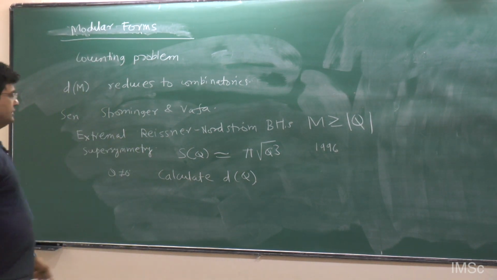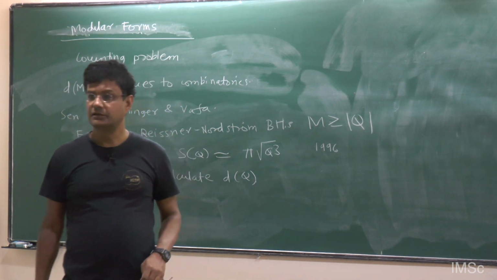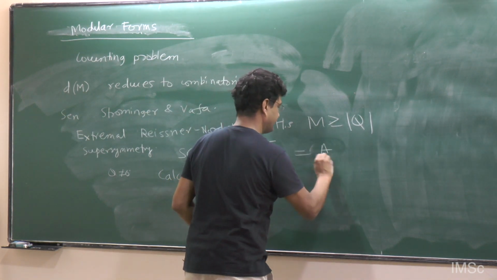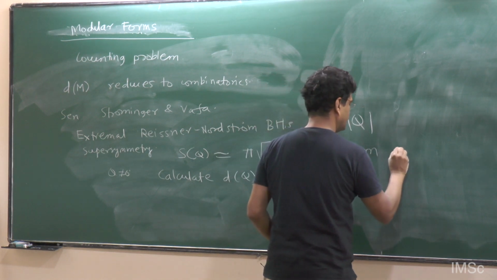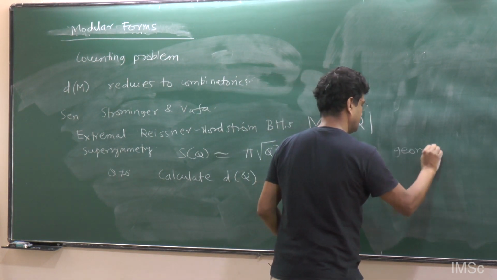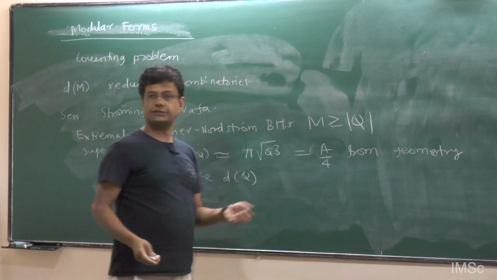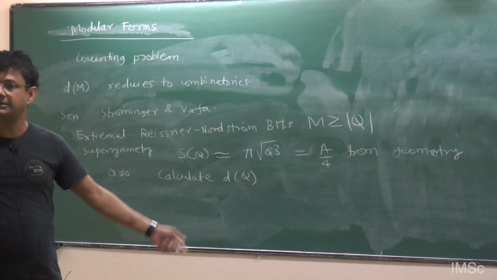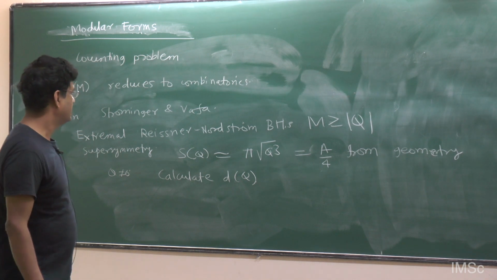And quite beautifully, it's actually a quite complicated calculation. So the first expression is not by counting. The first expression is just equal to area upon 4, from the geometry. So the first expression is easy. You look at a black hole with the given charges, you take a certain limit and you calculate that, which goes like m to the power 3/2.